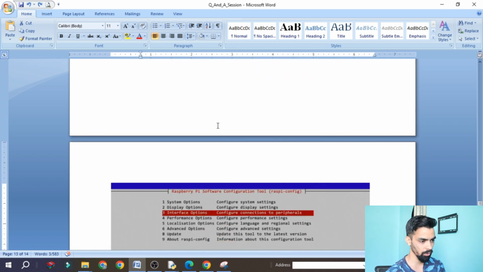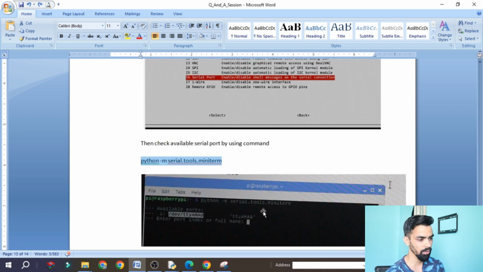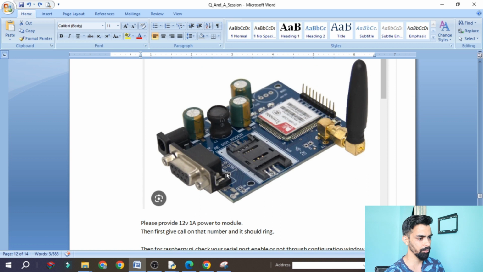Even after you did all these steps, if you are still not getting this ttyAMA0 after running this command, then that means something is missing in your OS. Then try to research on that. I don't find this issue, but some students are facing it. Maybe you have to change some file in the OS, so you can search on the internet. If you don't find it, contact me, I will give that link again. But these are the basic steps you have to do.